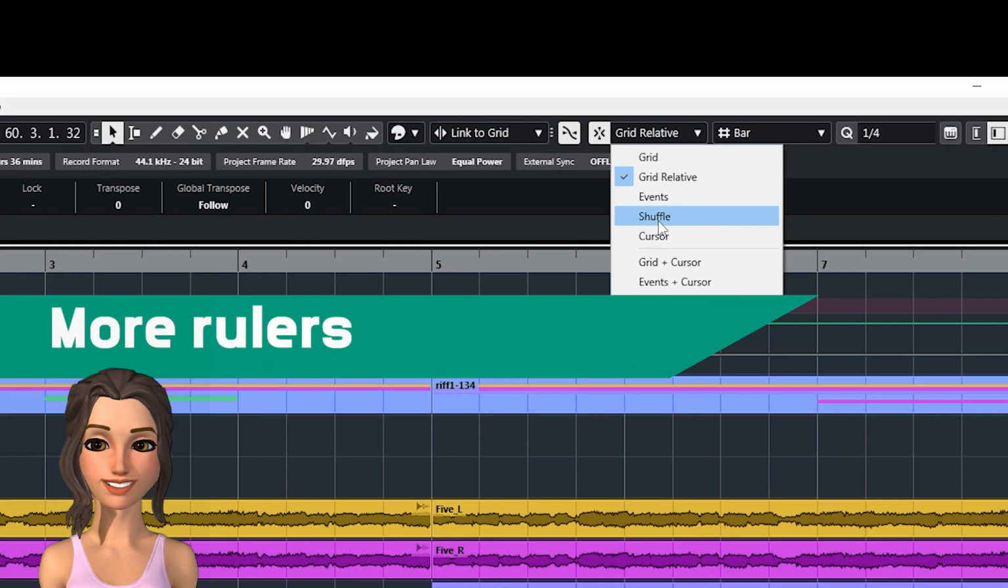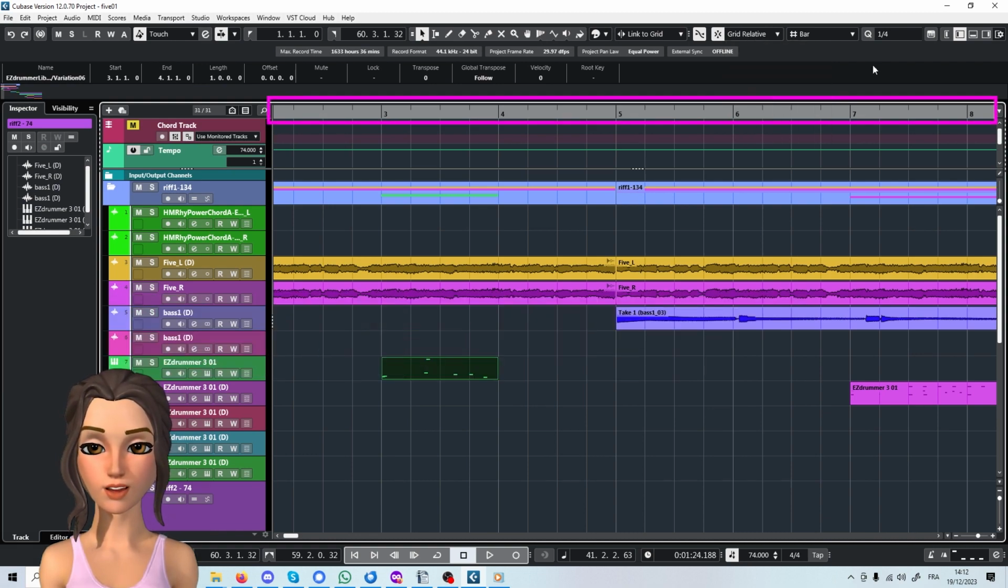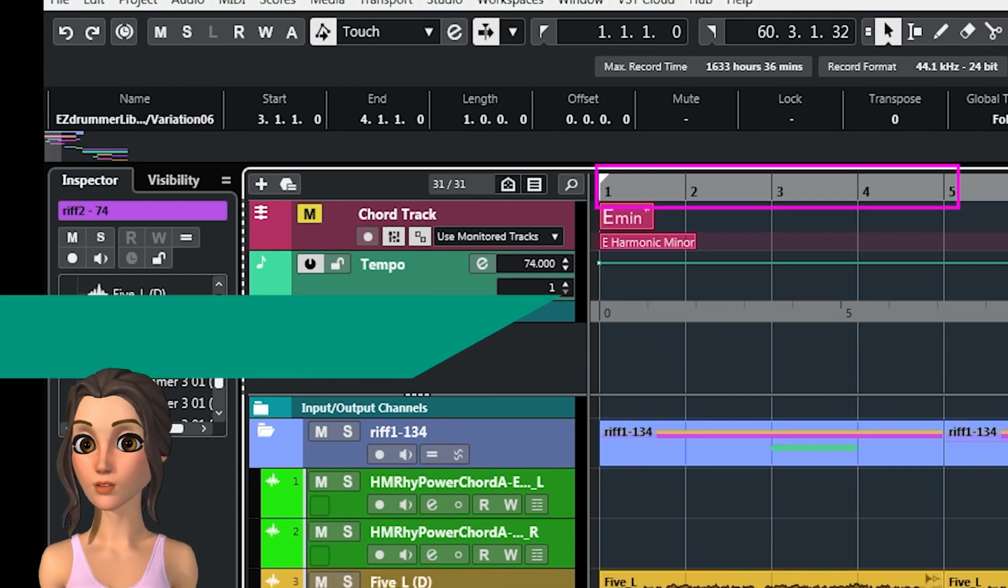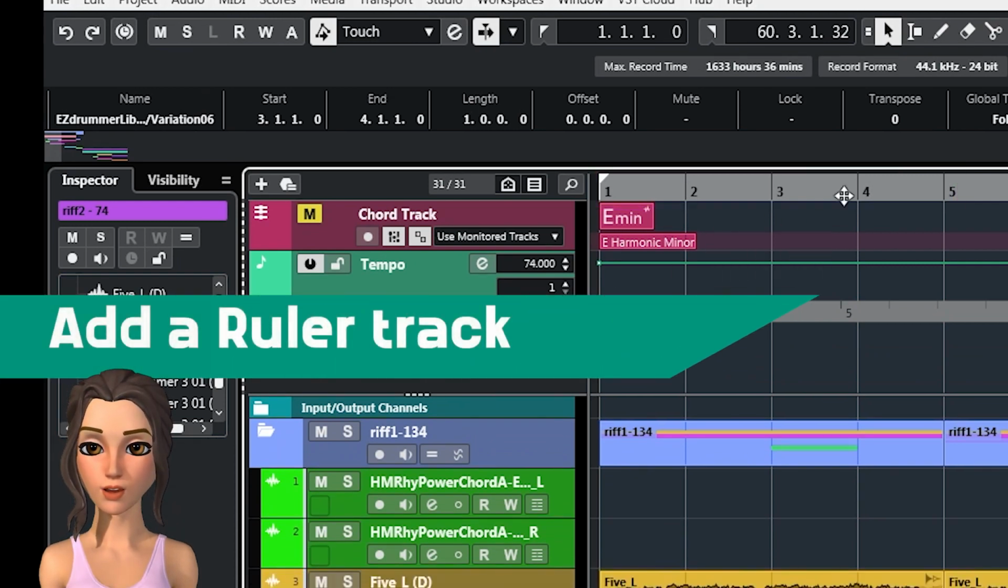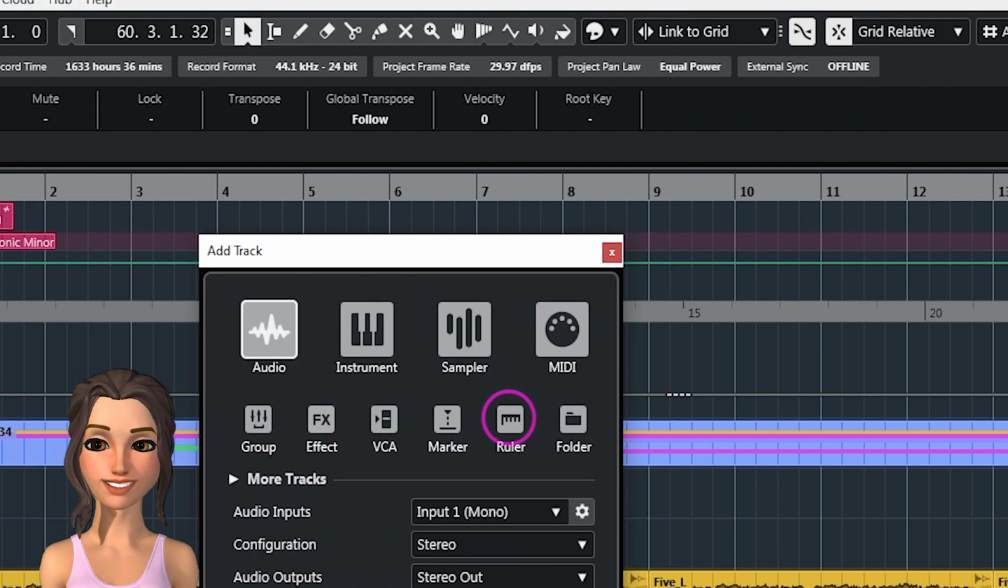As for shuffle mode, I'll tell you about it in another video, as it has several uses. You can also add other rulers in addition to the main one. You see here, I've got a track that shows me seconds, while my main ruler shows bars and beats. To add 1 or more ruler tracks, as with any other track, either use the plus button here, then select the track type,